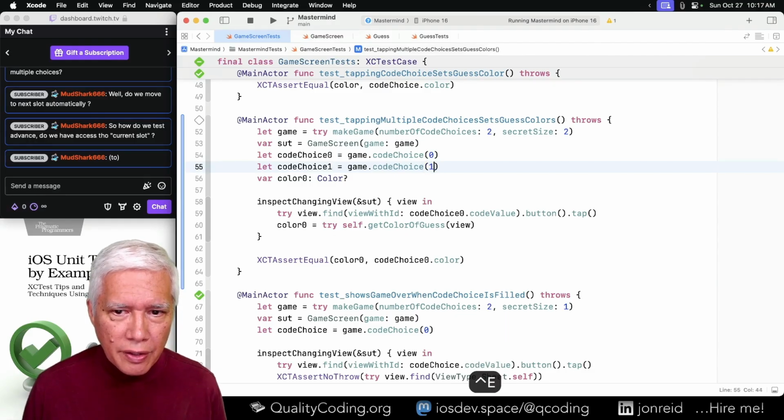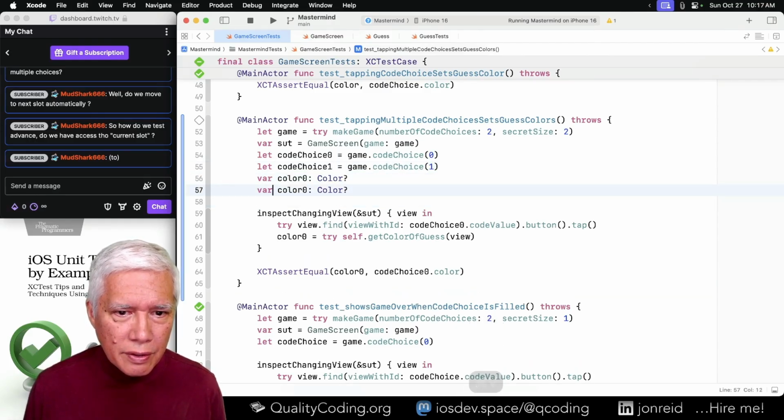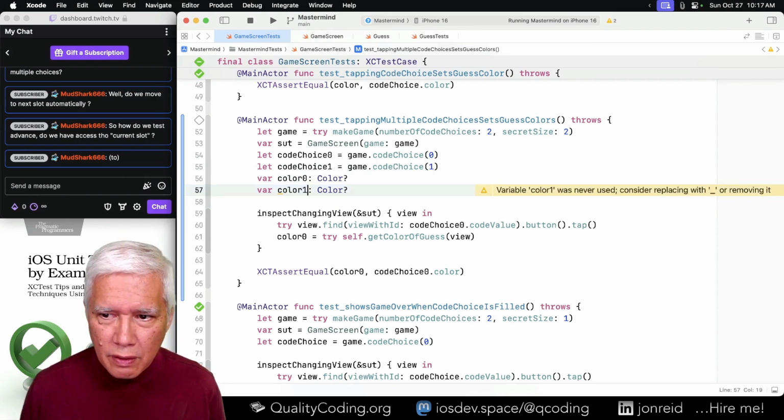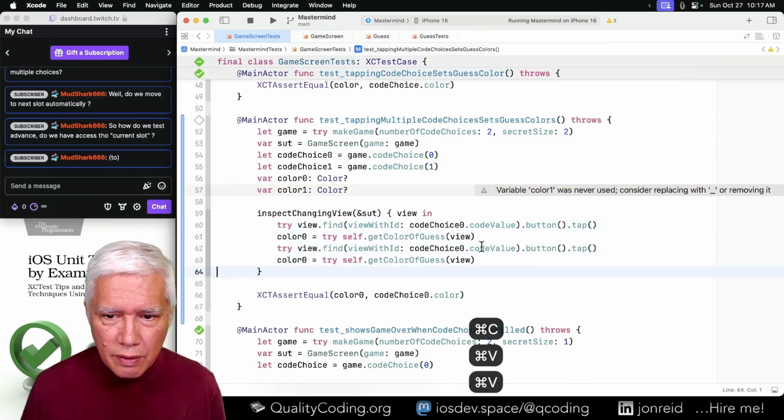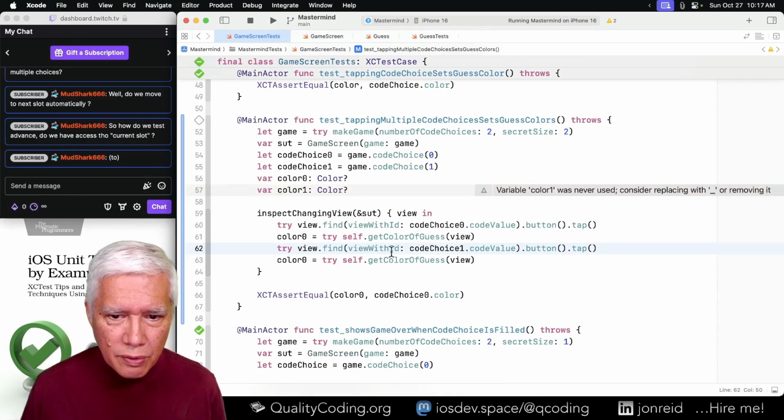And we add another one and another one. And use that.